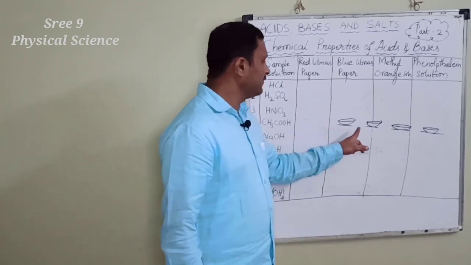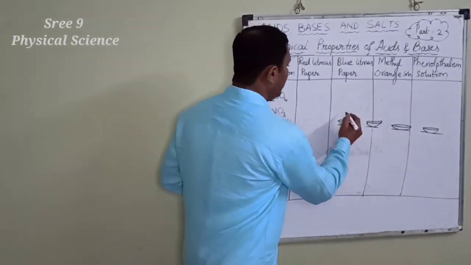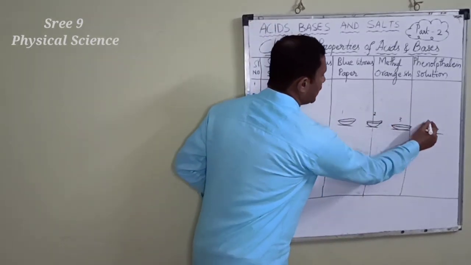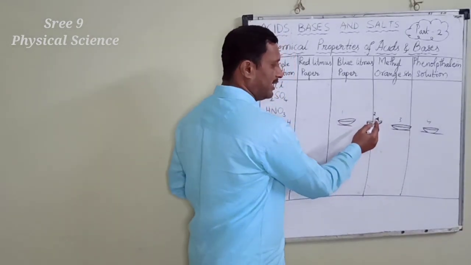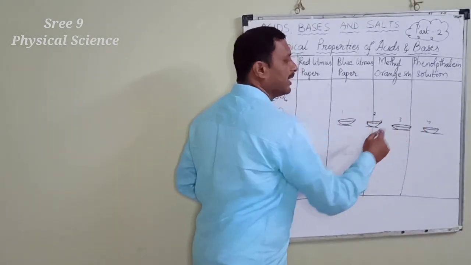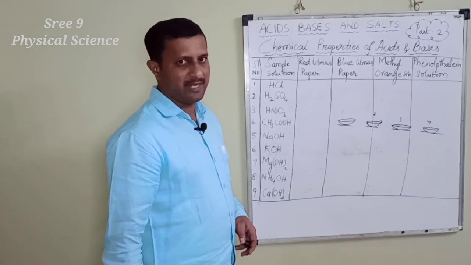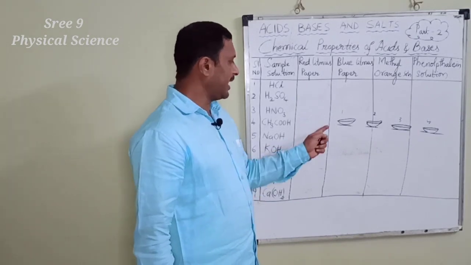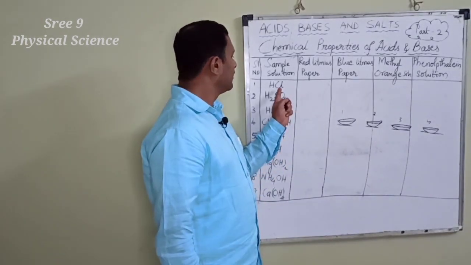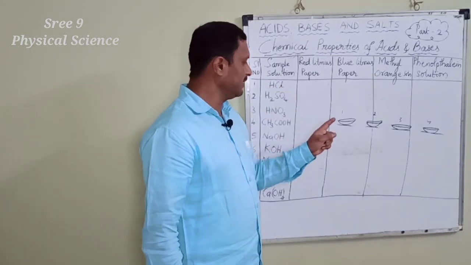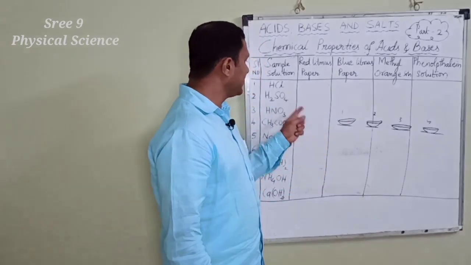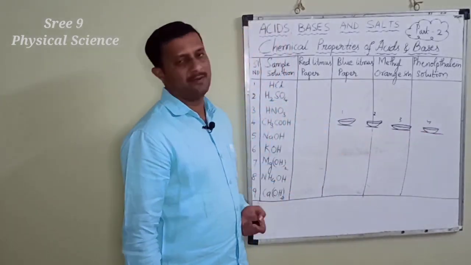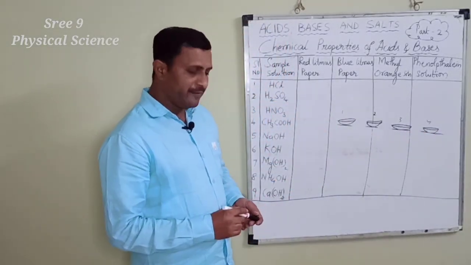Now in these 4 watch glasses we pour dilute solution of hydrochloric acid, few drops in first one and few drops in second, third, fourth, likewise. So here we are adding dilute hydrochloric acid solution in first watch glass, second, third, fourth, means the same sample is taken in these 4 watch glasses, right? Now what we are going to do?